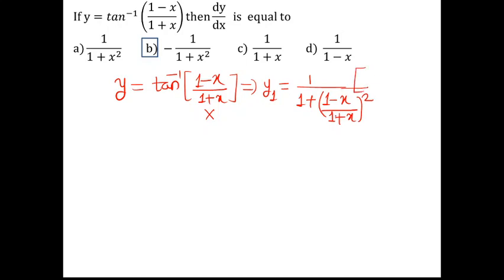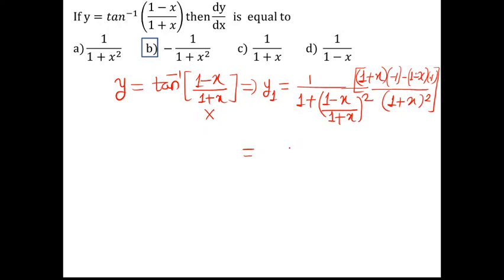And then let's differentiate this X again with respect to x. So I need to apply the quotient rule. So it is (1 plus x), second function, into derivative of first function, that is minus 1, then minus (1 plus x)... sorry, minus first function (1 minus x) into derivative of the second, that is 1, upon (1 plus x) whole square. In this way we apply the quotient rule. Now simplifying, you will find its answer is minus 1 upon 1 plus x square.